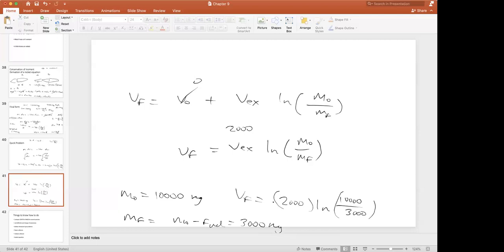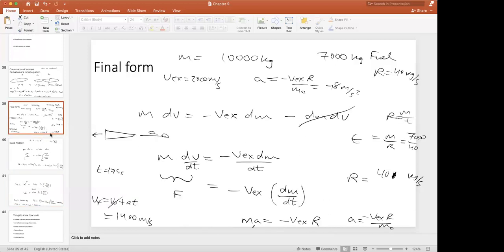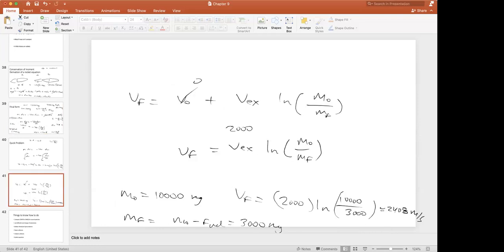So our v final is 2,000 times ln of essentially 10 over 3. So 2,000 times ln, which is on your calculator. It's usually one of the major buttons. I get 2,407, okay? Meters per second. Actually, I'll just round up to 8. When I did this acceleration, I thought I'd only get 1,400. This is actually the true